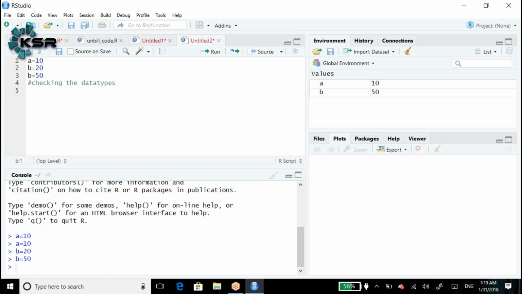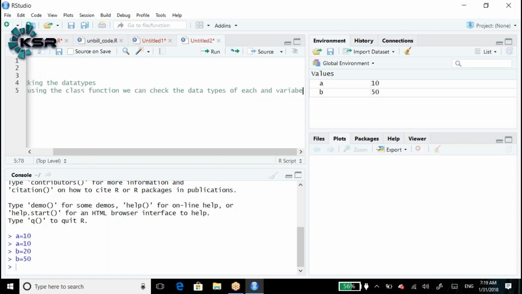Now, how do we check the data types? By using the class function, we can check the data types of each and every variable. Here in this case, how do I check?